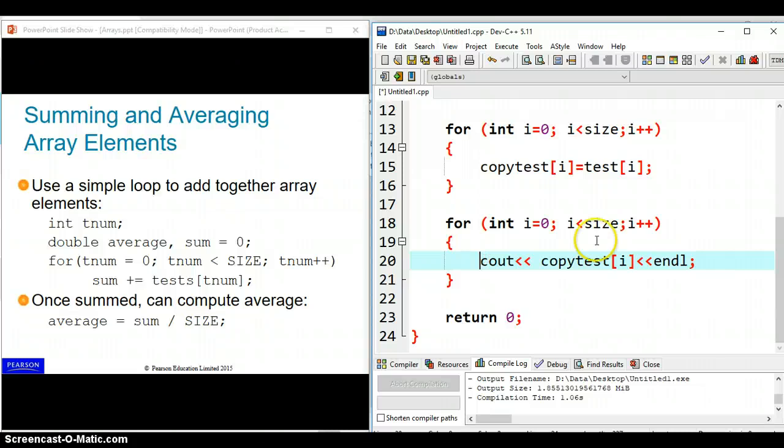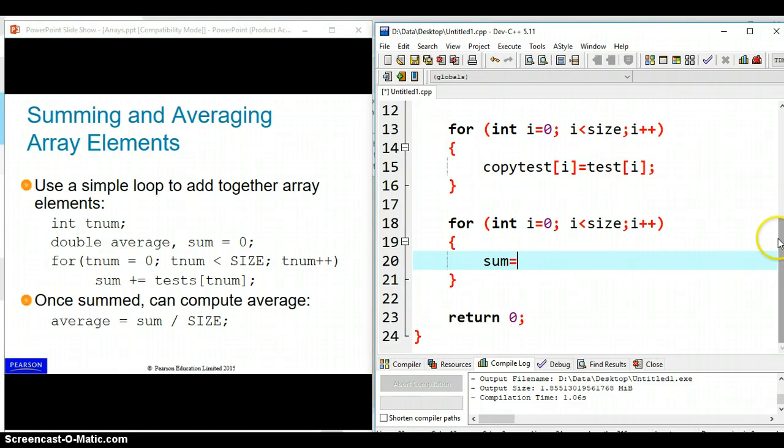So for this, what I will do is I will have another variable sum. Because in order to calculate the average, I will need to sum up the values in the array first. So in this case, in my array I have 5 elements, so I need to sum up all